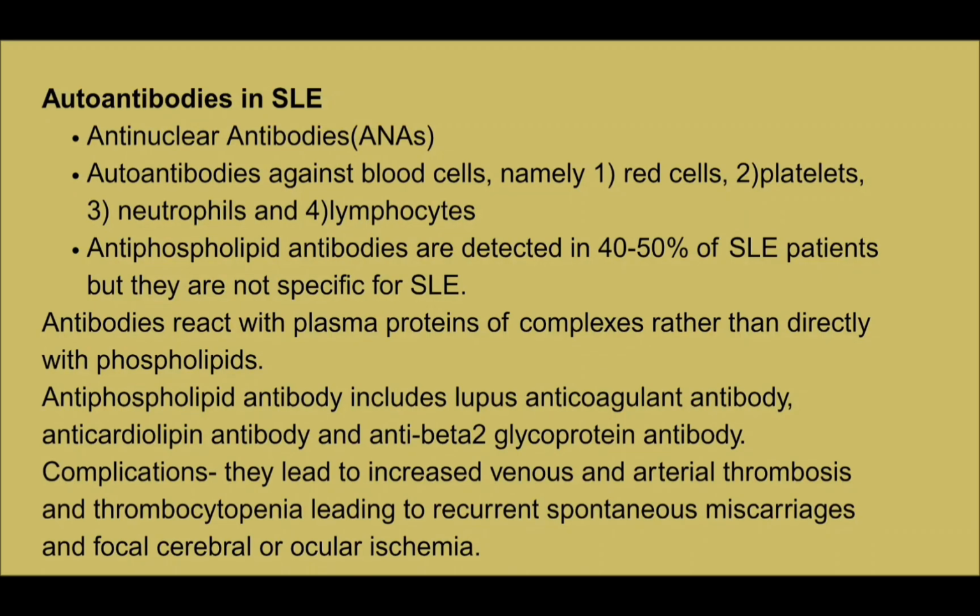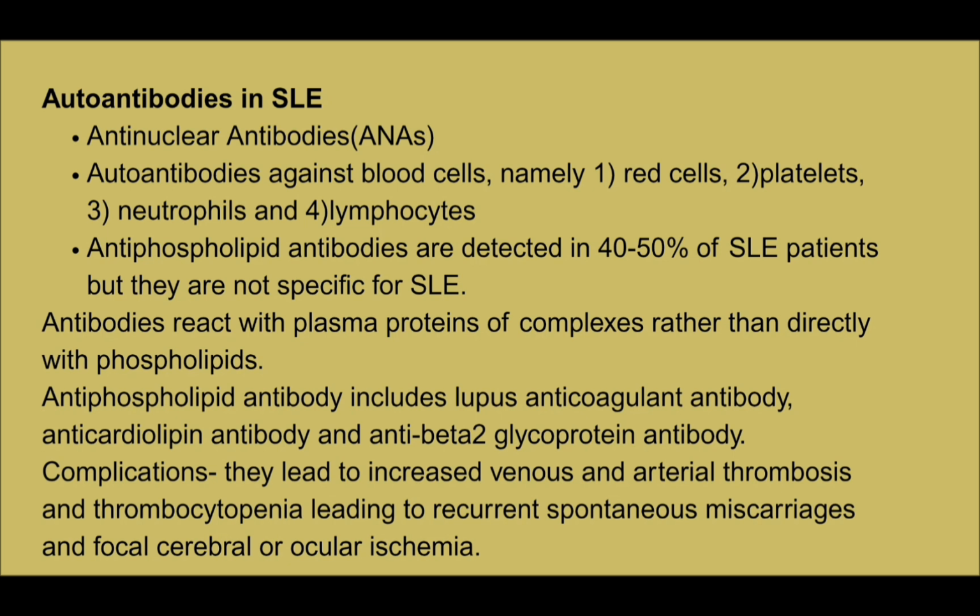So let's look into the autoantibodies in SLE. SLE is characterized by the production of several diverse autoantibodies. Some antibodies are against different nuclear and cytoplasmic components of the cell that are not organ specific. Other antibodies are directed against specific cell surface antigens of the blood cells. Autoantibodies are important because they are used in diagnosis and management of patients with SLE, and they are also responsible for the pathogenesis of the tissue damage.